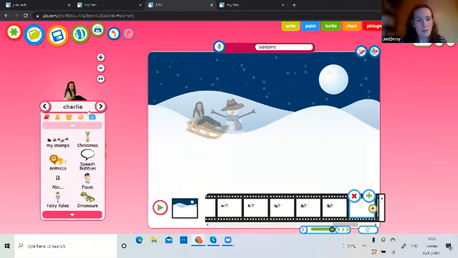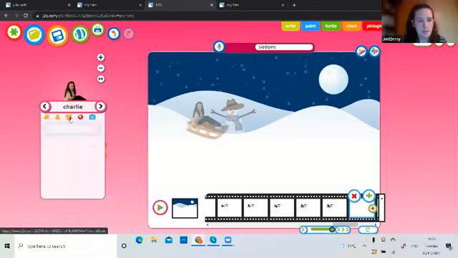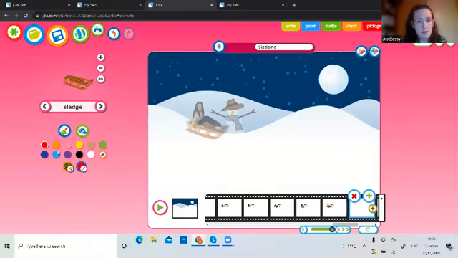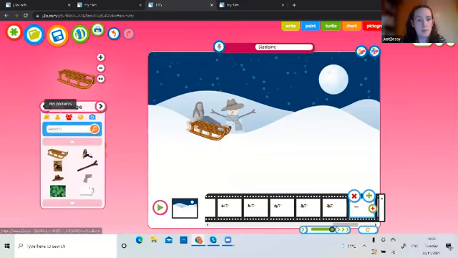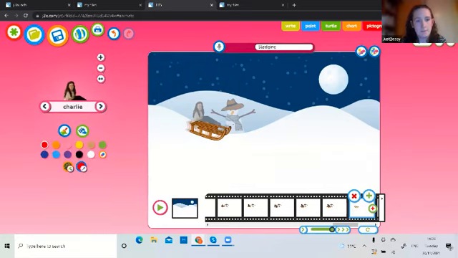So I can pop my sledge on again, but this time a little bit further down again. And I can pop myself on again, but this time perhaps coming off the back of the sledge a little bit. Then I can start to draw my snowman starting to fall over a bit.